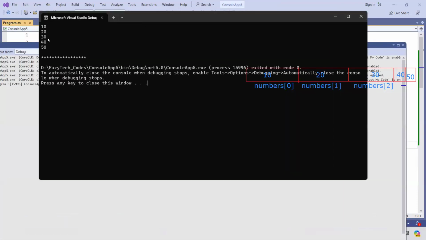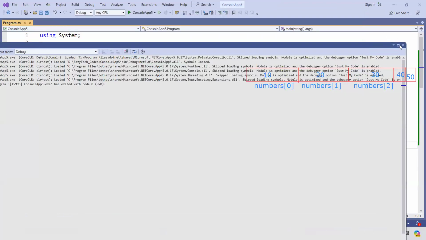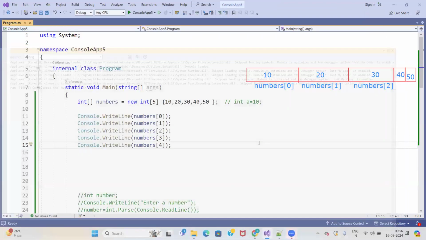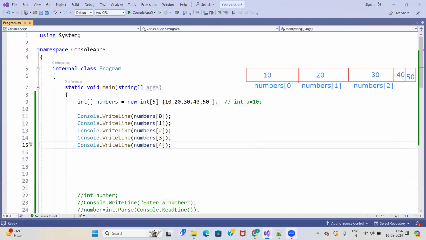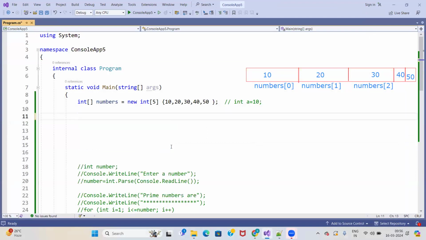You see all the values are displayed, but this is very painful, right? What if I have 1,000 length variable, should I write all 1,000? It's very painful. Then what you should do is use the concept of the